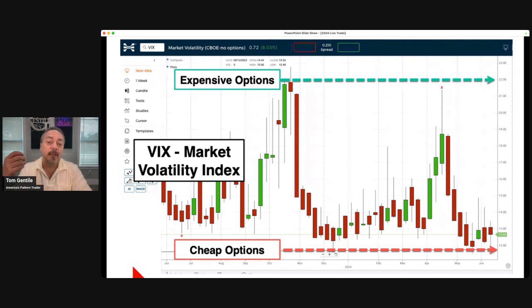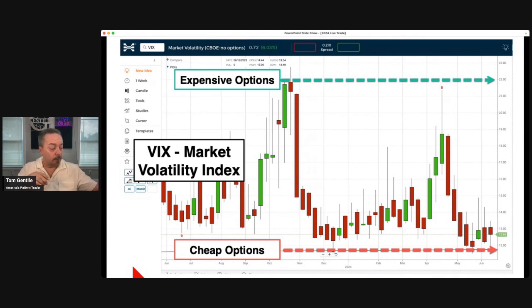And some people might think, wow, you know what? The options are a lot cheaper on NVIDIA now than they were before the split. Well, of course they're going to be cheaper because the stock is 1/10 the price. But I'm going to tell you, that is a very novice way to look at option prices, simply based on the price that you think they are in terms of dollars. I want to take you a little bit deeper into a level of what's cheap and what's expensive.